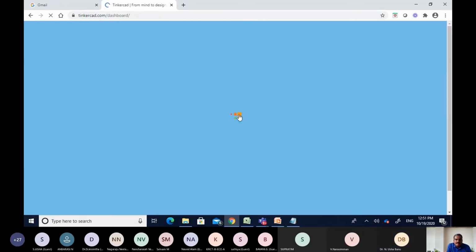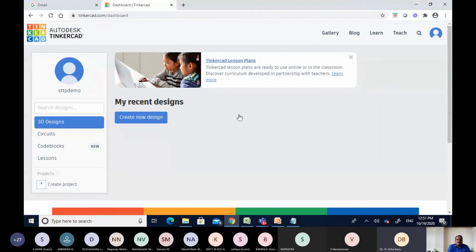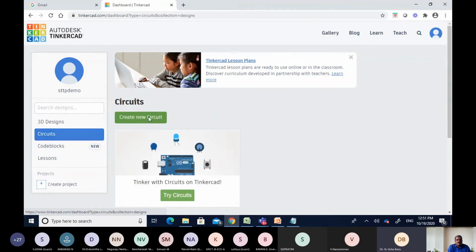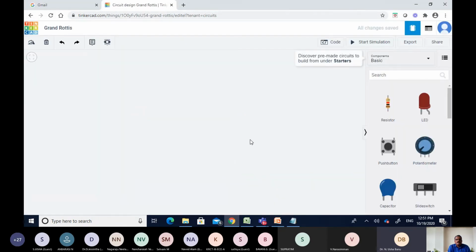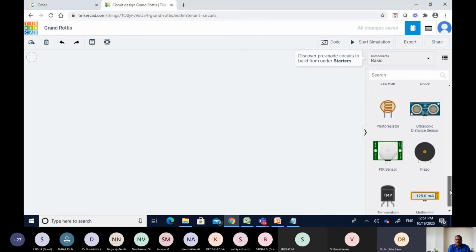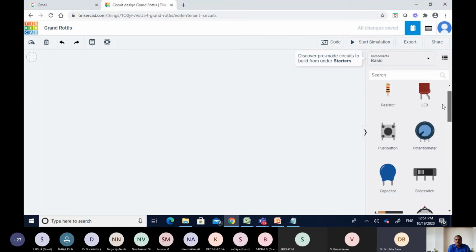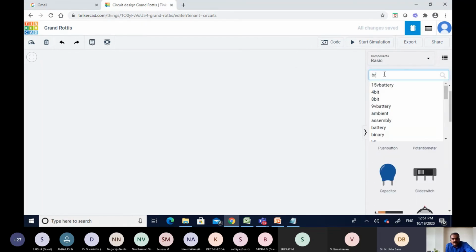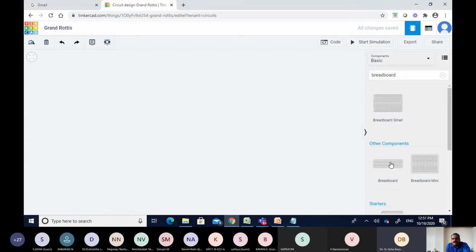So now I am acting as a student, I am going to design that circuit, right? By default, the 3D design will be available. So you click it as the circuit, right? So next we make a create new circuit. As usual, we have to take the breadboard, right? This time, as it requires more number of connections, I will be using the bigger breadboard. Yeah. So here it is, and I will be dragging it and placing over here.